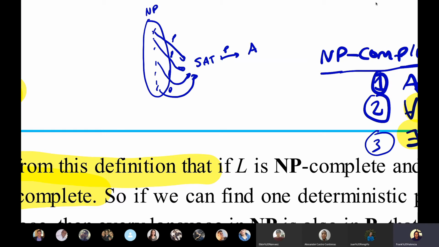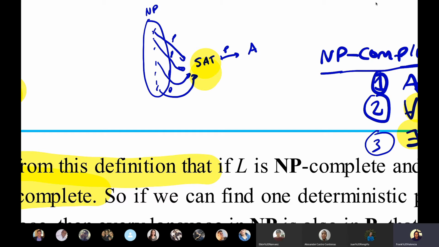Now, can you tell me, I'm assuming that SAT is NP complete, why is it that I have these reductions here? Can someone tell me? Elkin? For the assuming the what? The SAT, sorry. Can you tell me, to explain to Alexander, why is it that this works? Could you repeat the question, please? So the question was,